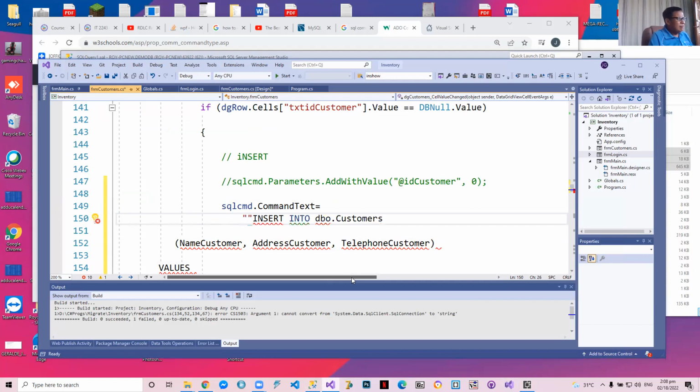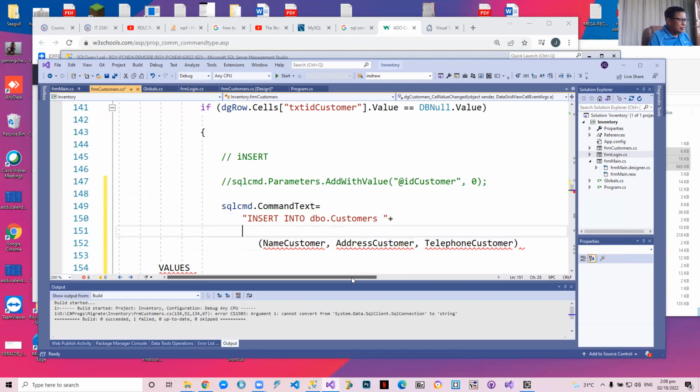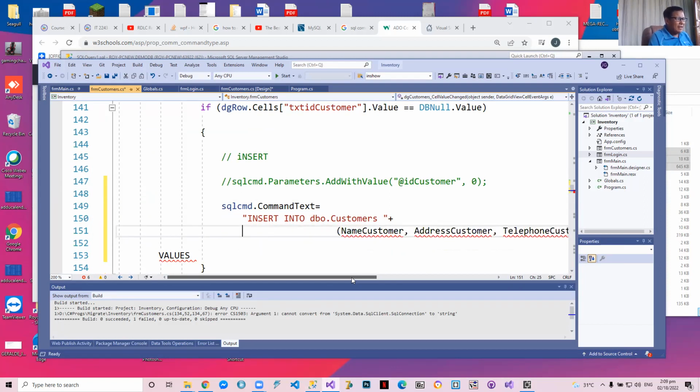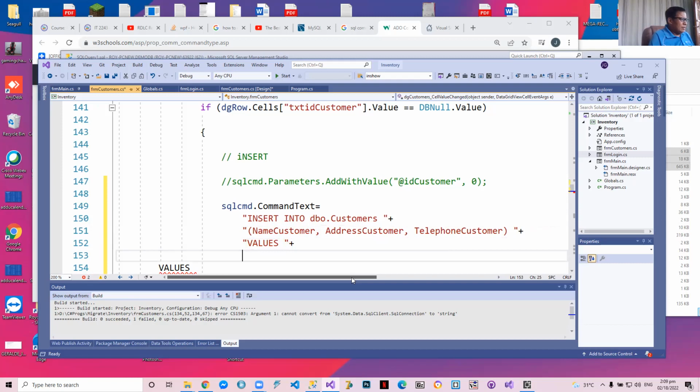Where is that? Plus. Okay. So you understand this SQL statement, right? Yes, sir, no problem here. We'll just put here the